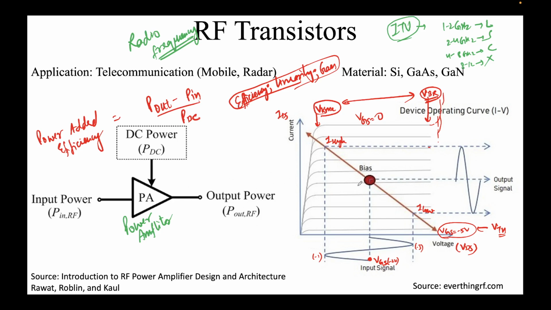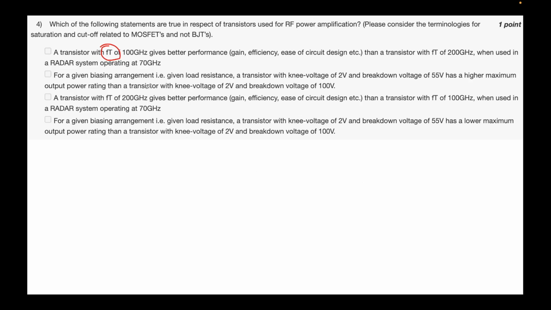Let's say the load matching is there. That's why this question says "for a given biasing arrangement." So we'll assume that this biasing arrangement is good enough that we're getting the maximum power out. Okay, so just like we had a Baliga figure of merit for power transistors, please remember that there we had